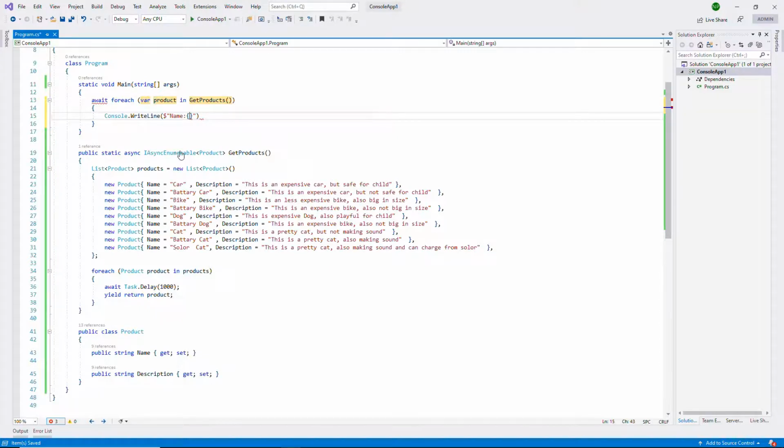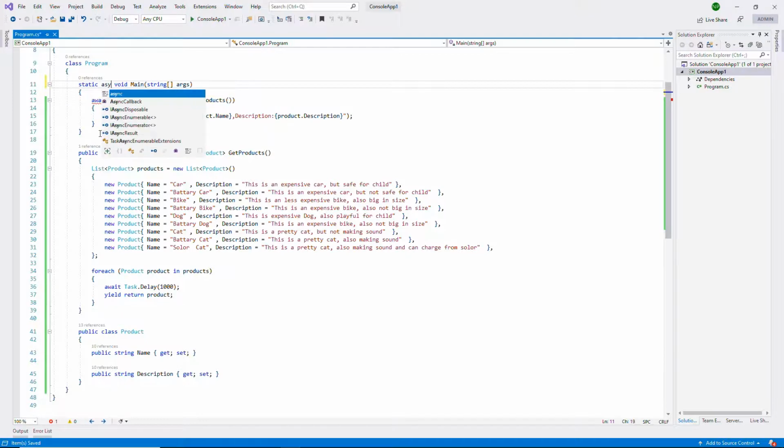I'm going to use here string interpolation to print name and description. Here I will use product.Description and after this I will put a semicolon at the end.